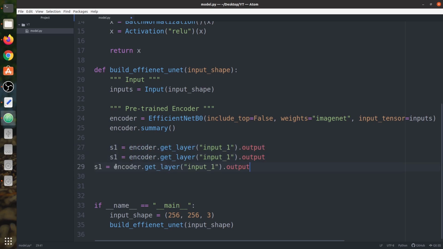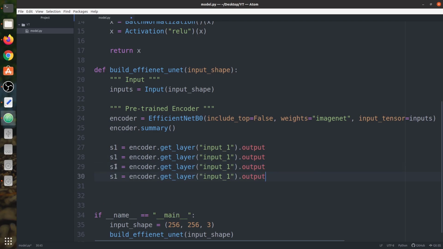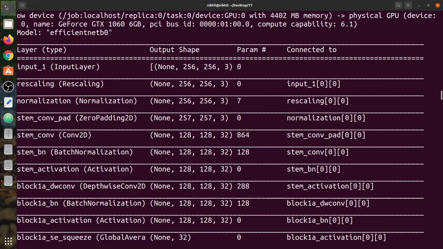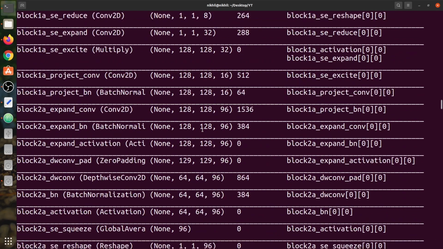We need to change the name. So we're going to say s2, s3 and s4, and remove these names. Now we need another feature map of the shape 128. Next we need a feature map of the shape 128, so we're going to go below and see.